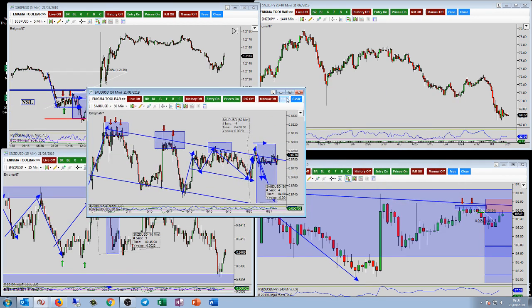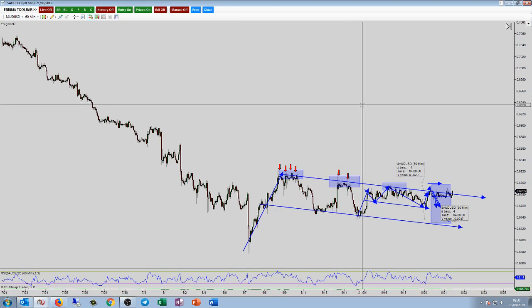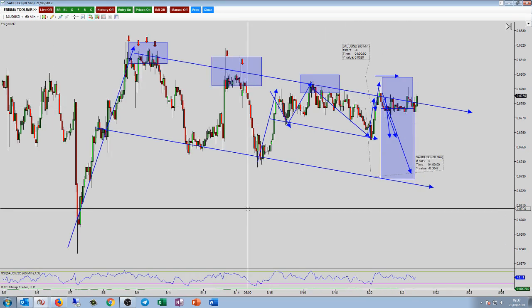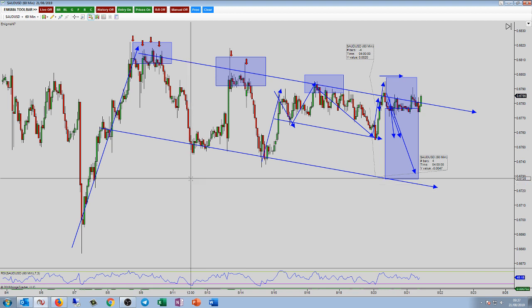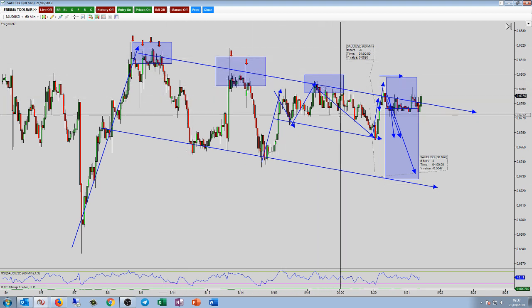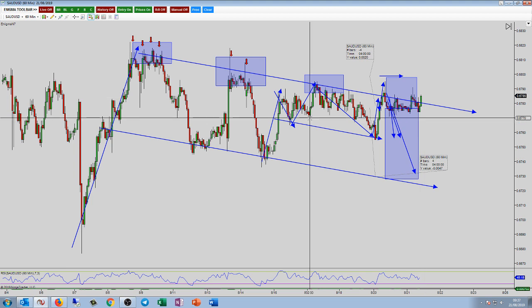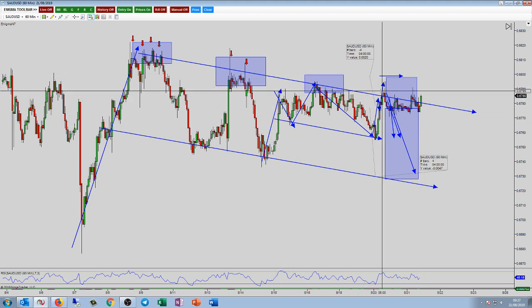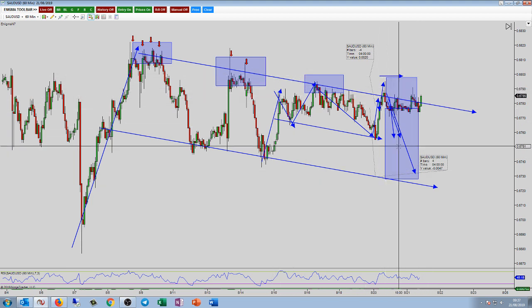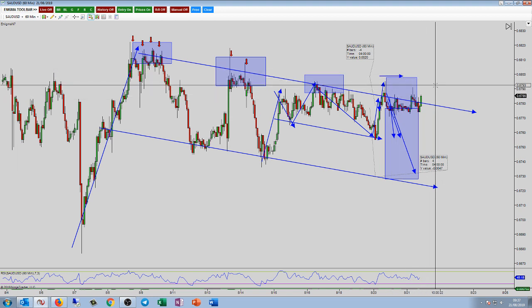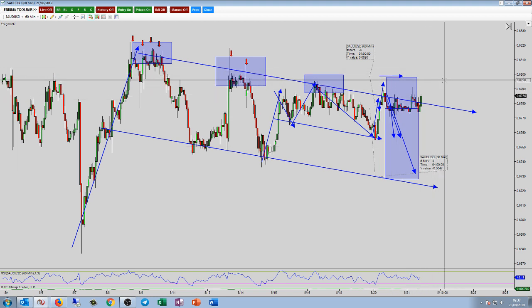Again, I don't have anything on it, but we'll recap what we spoke about over the last few webinars, and that was simply that we were within this potential channel, and you could have looked for a retest up here, a potential shorting opportunity. Not a very high probability trade, if I'm completely honest.